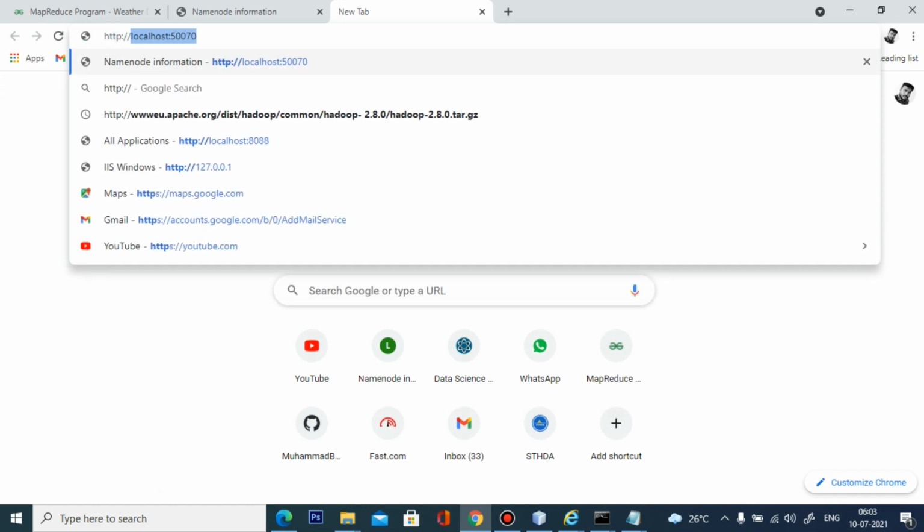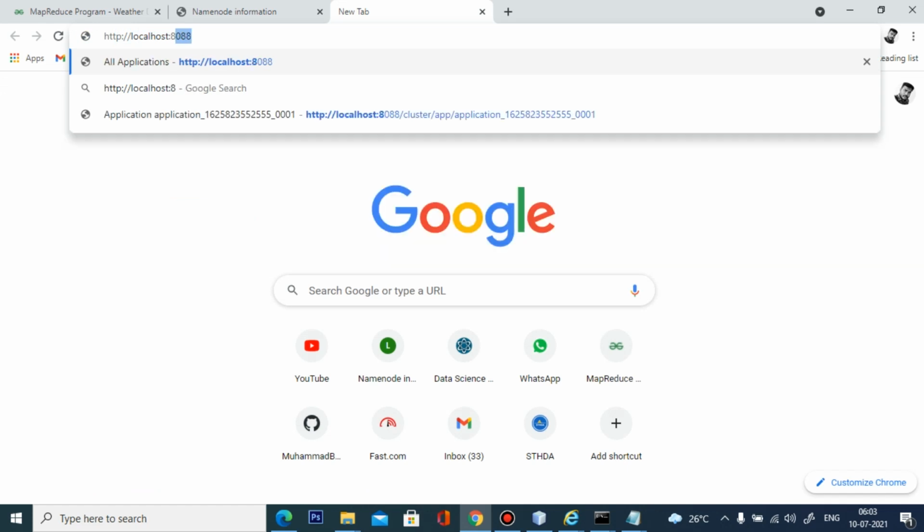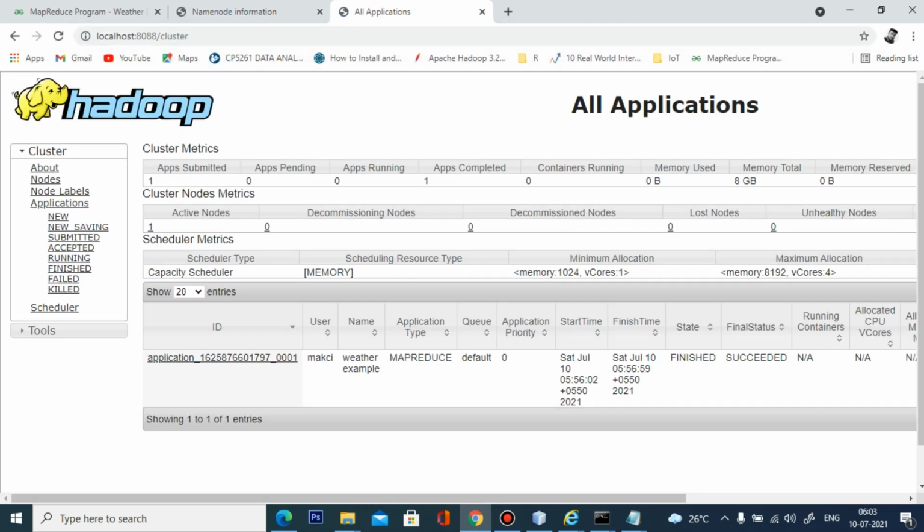And you can type http localhost, and this is your Hadoop cluster application, the user interface for the Hadoop cluster. Here we are running this application.